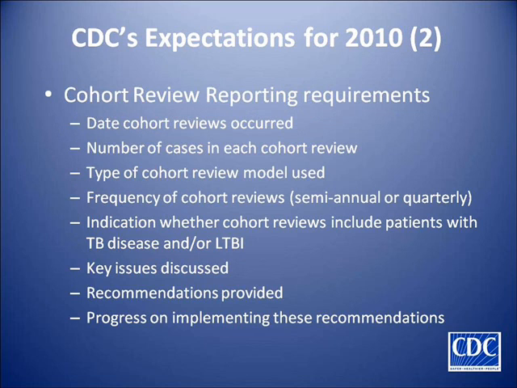Okay, the expectations for 2010 reporting requirements should be included in your interim and annual progress reports. The things that you actually should include are as follows. The date the cohort review occurred, the number of cases in each cohort, the type of cohort model that you used, whether it was face-to-face, telecommuting, or a hybrid approach, the frequency of the cohorts, whether it was semi-annual or quarterly, and an indication whether the cohort reviews included patients with disease or LTBI. The key issues that were discussed and the recommendations that were provided, and then the progress on implementing these